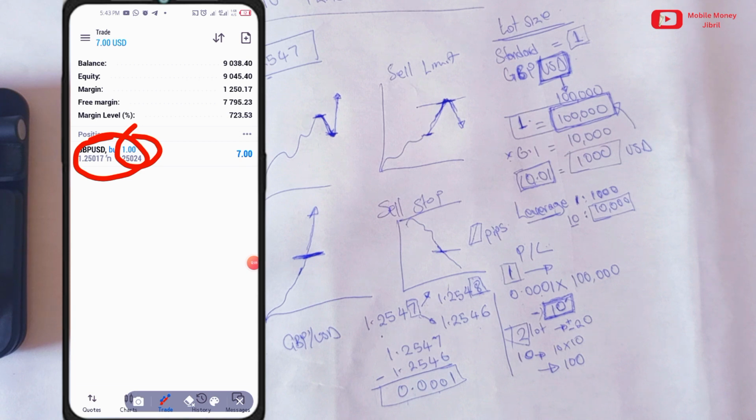This is how you see your profit and loss. I'm already up in profit by $6. It is going up, and right now it is coming down. So you can see how volatile the market is. Whenever you're making any trade, you need to know risk management. Risk management is a topic for another